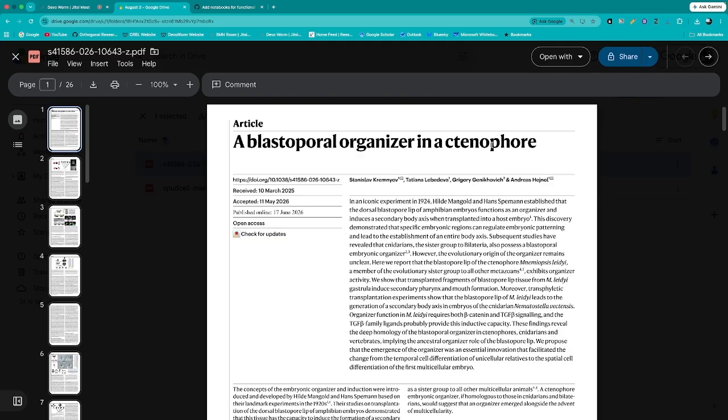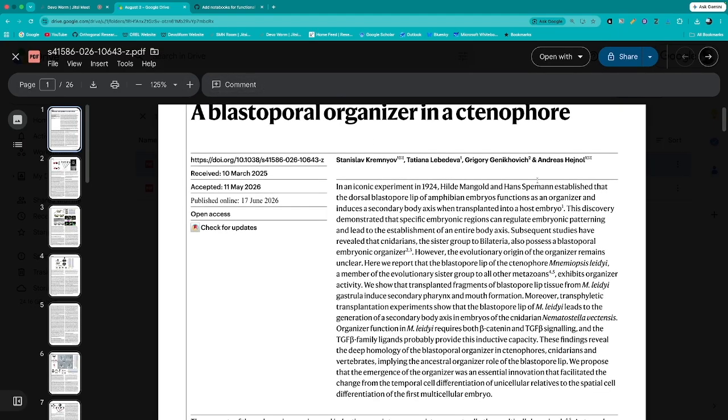So let's read the abstract and see what they're talking about here. In an iconic experiment in 1924, Hilda Mangold and Hans Spemann established that the dorsal blastopore lip in amphibian embryos functions as an organizer and induces a secondary body axis when transplanted into a host embryo. So an organizer is one of the things that is a chemical signal that does this job of organizing things